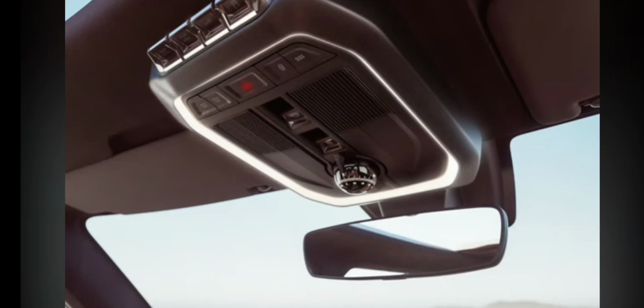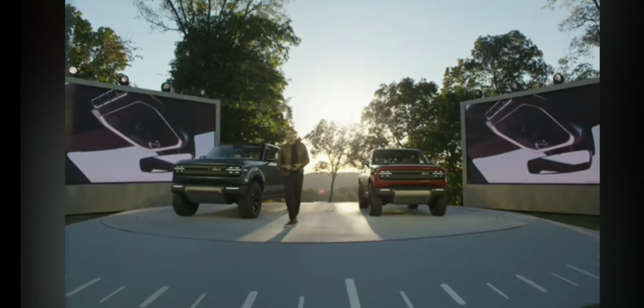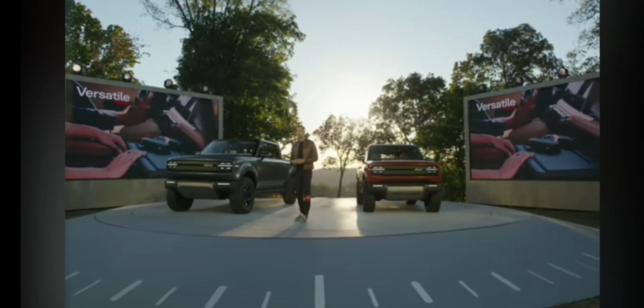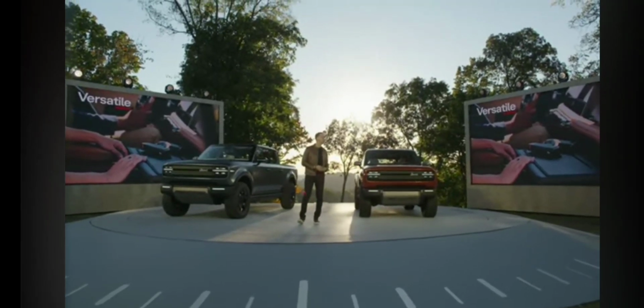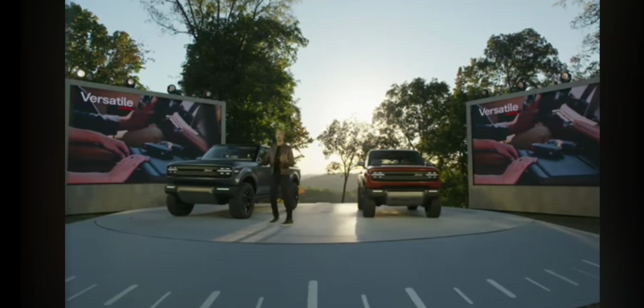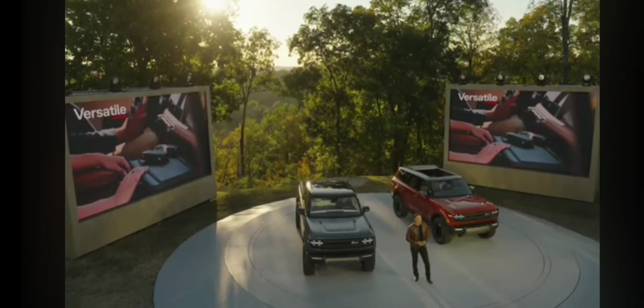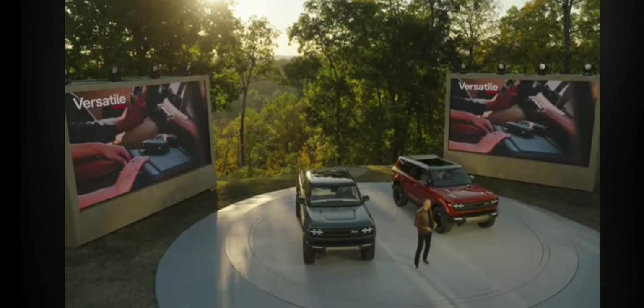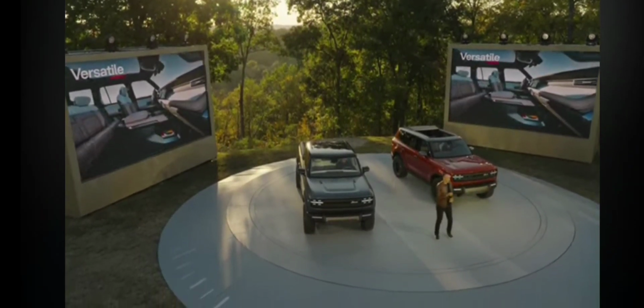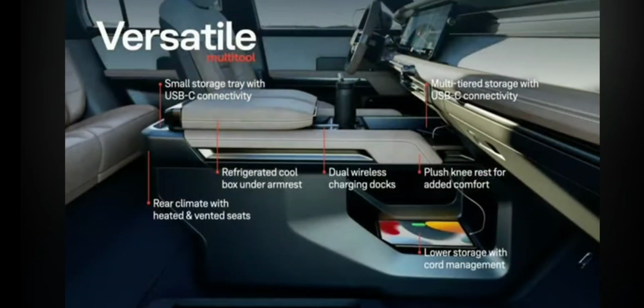And it's more fun. We wanted to make sure that we push the limits of how the vehicle is used, even having a pull-out tray on the instrument panel just below the bar, where you can keep your cool Scout binoculars if you want, or your laptop, or whatever it is, when you're sitting, enjoying your family off to the side, and then looking at the rest of the space and how we explore that, how we create that versatile multi-tool. The console having multi-tiered storage, smaller tray on top, bigger tray at the bottom, a refrigerated cool box, double